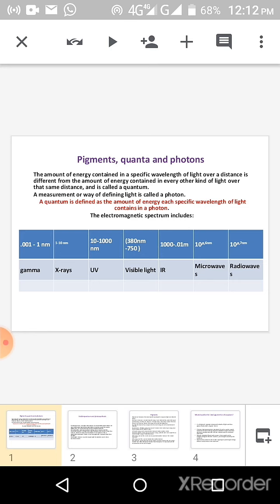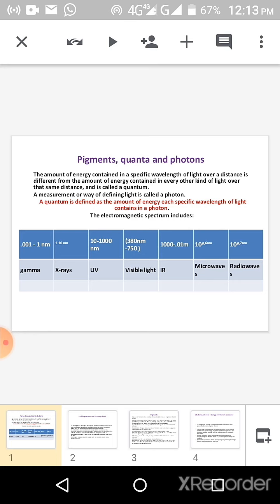The wavelength which is visible to the human eye is 380 nanometers to 750 nanometers, which is known as the visible light spectrum. There are radiations with wavelengths which are greater than this and also lower than this visible spectrum, but they are not perceived by the human eye. So as per the wavelength,